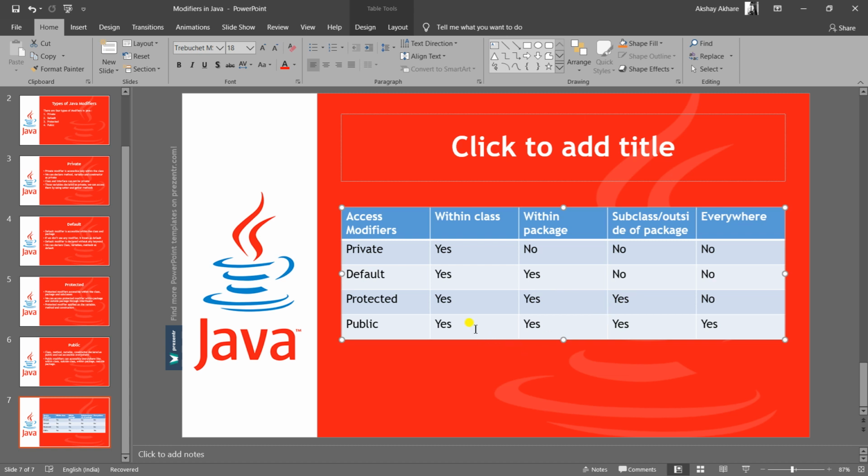And public will be accessible within the class, within the package, outside the package, everywhere.